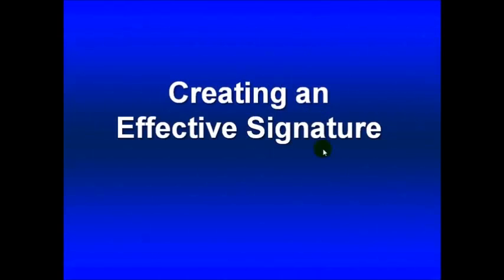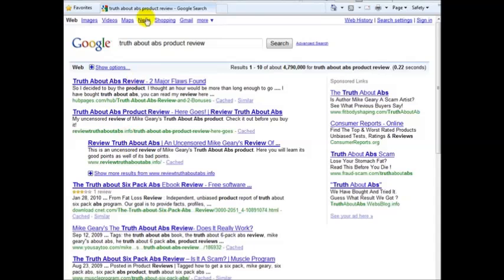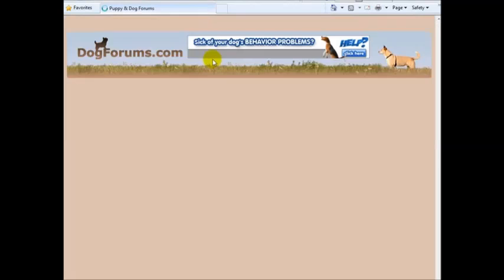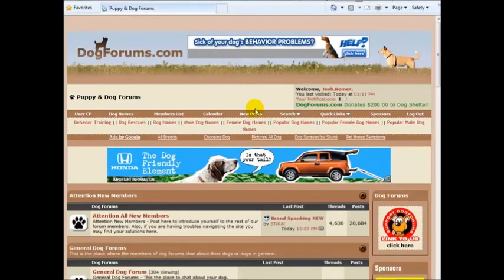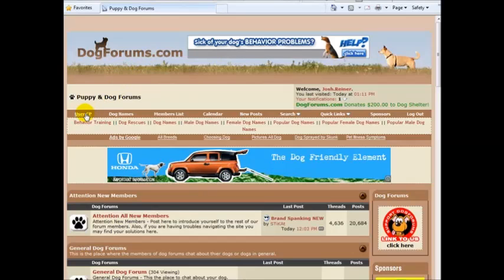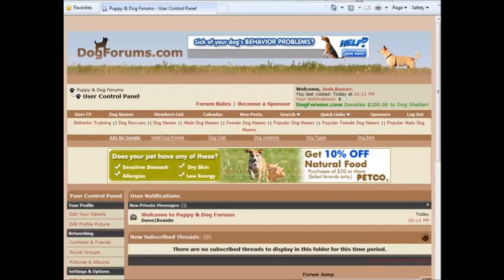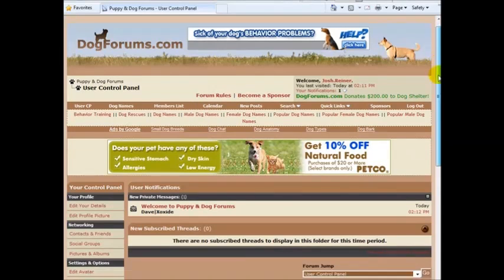Creating an effective signature. Now it is time to start promoting yourself. Let's go back to that forum that I joined, and I want to show you how to make a signature. Once you're logged in, there will be somewhere, and if you need help, you can ask someone on the forum for it. If there's a user CP, that stands for control panel, in here there should be a spot to